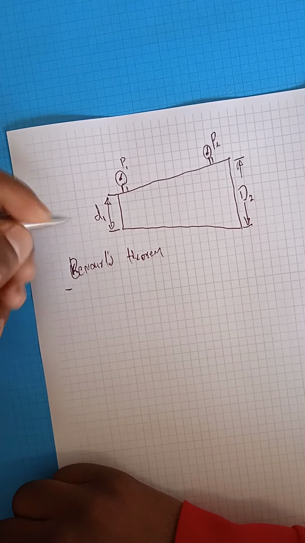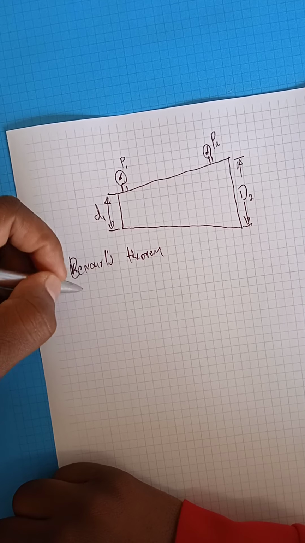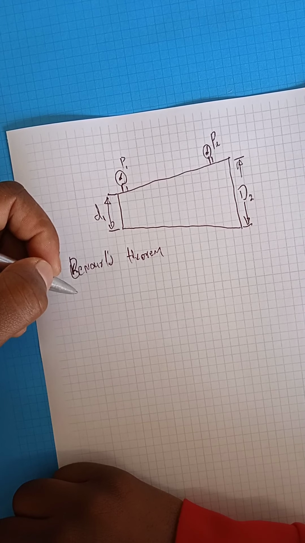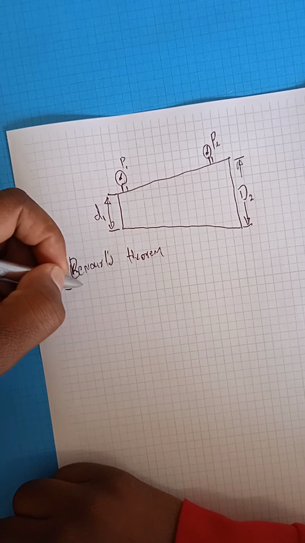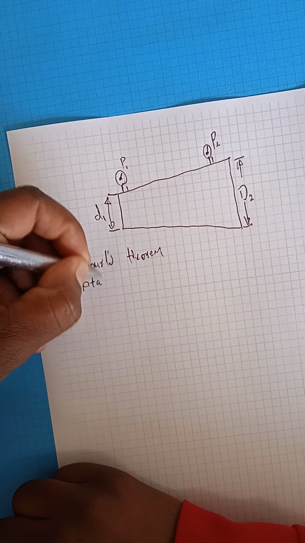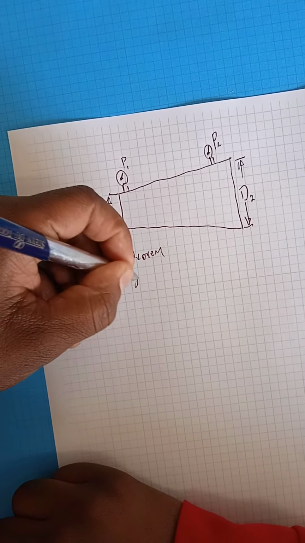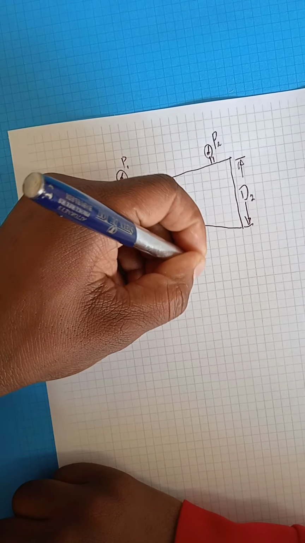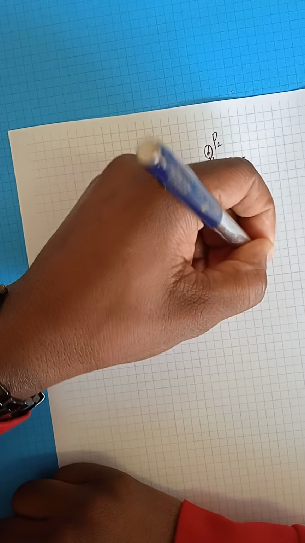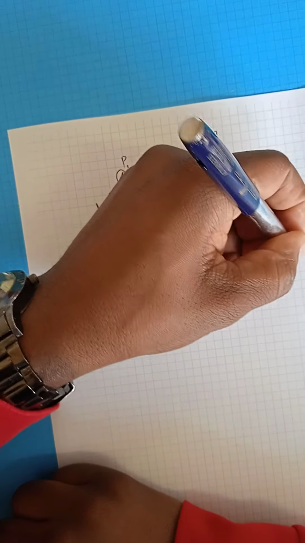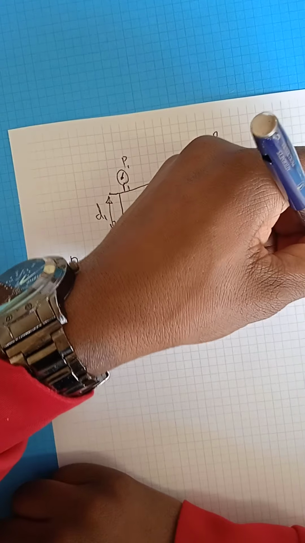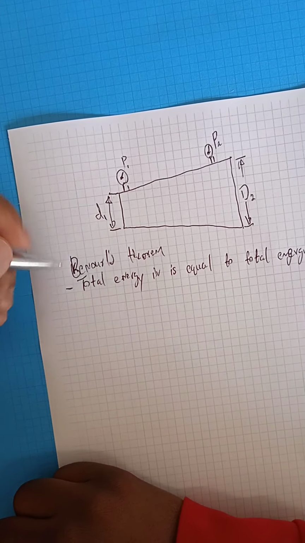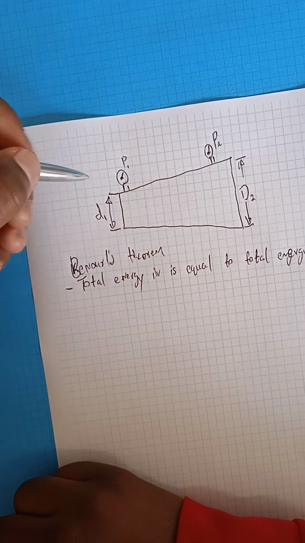So Bernoulli's theorem states that total energy in is equal to total energy out. So I will simply say total energy in is equal to total energy out. Therefore, what you normally do, good people, obviously when water flows through the pipe and we want to maybe